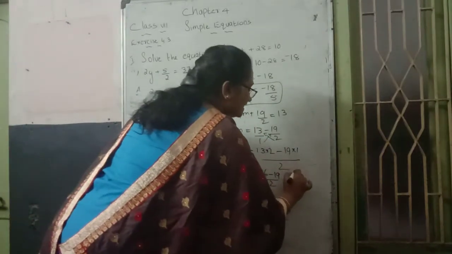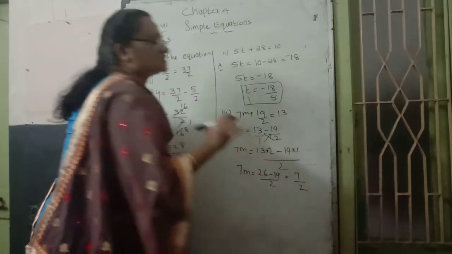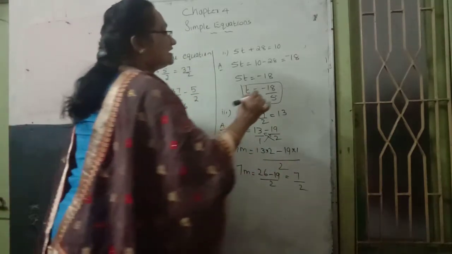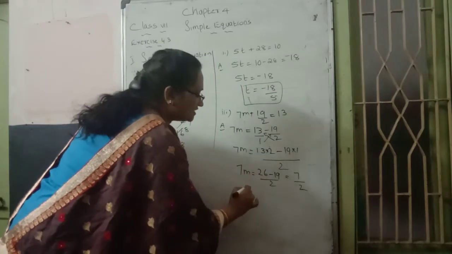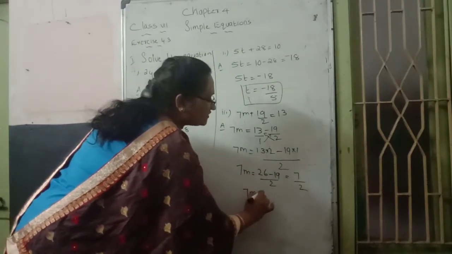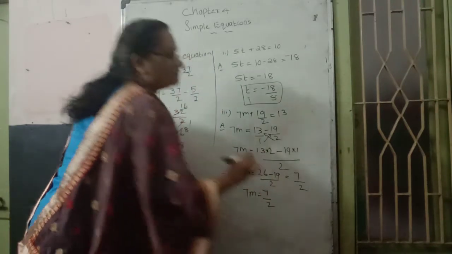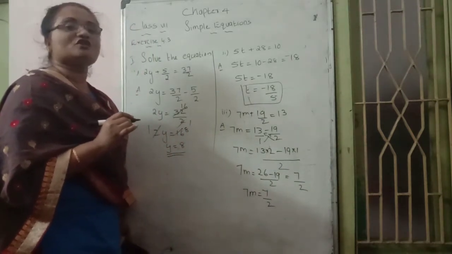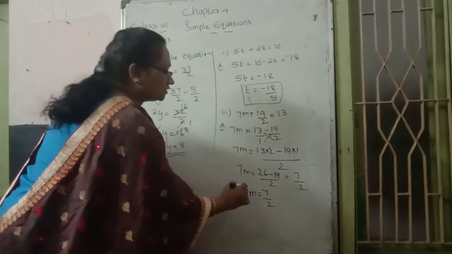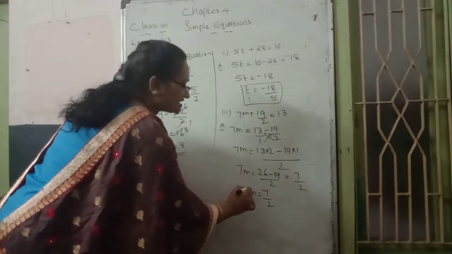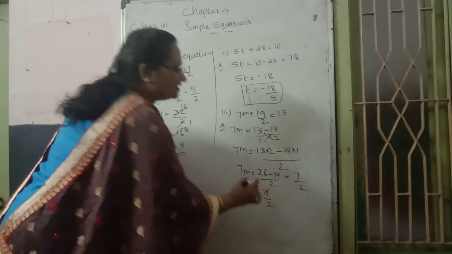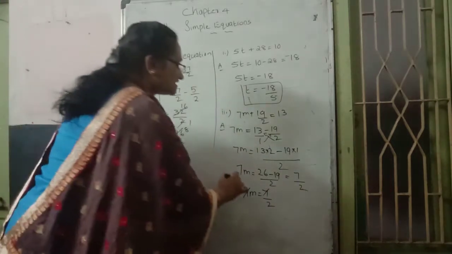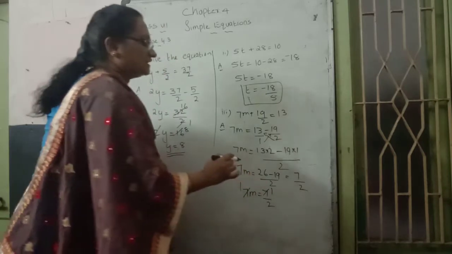It will become 7 by 26 minus 19 becomes 7, and the denominator becomes 2. Again, continuing, our aim is to find out m. So the m value becomes how much? 7 by 2. Then check if numerator cancellation is possible, right or left? Yes. The numerator of the left side is 7 and the right side is 7. The numerator 7 we can cancel. 7 times 7 is 1, 7 times 7 is 1.